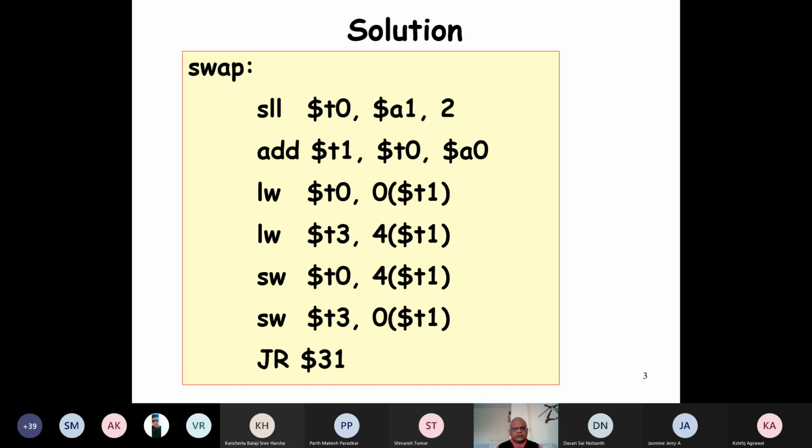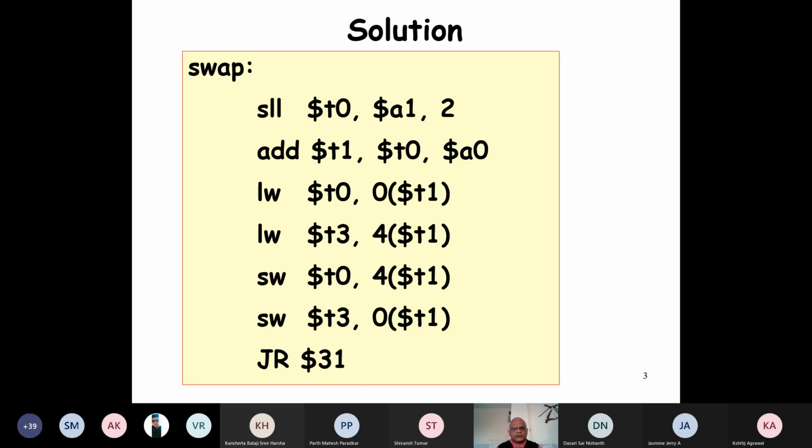And also load word 4(T1). So that is the next element, the K plus 1 element. So we have got the kth element here and the K plus 1 element here.